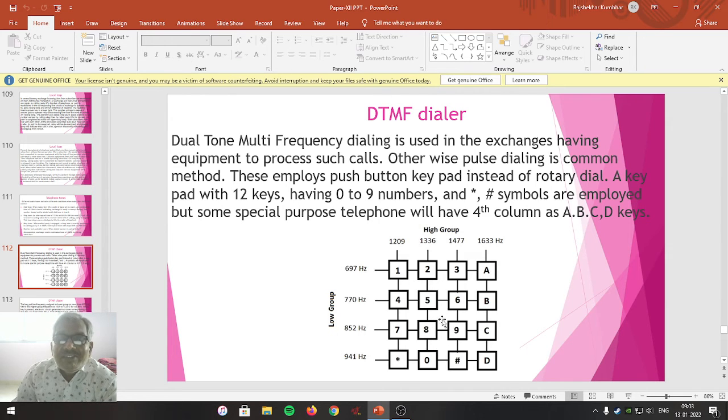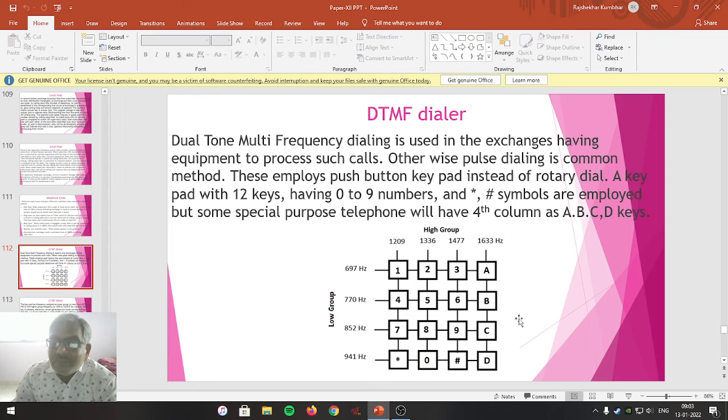Telephone exchange recognizes that dialed number and generates the ringtone to the called subscriber and ringback tone to the calling subscriber, so that the calling subscriber recognizes that our call is going on and the telephone exchange is doing its own job.